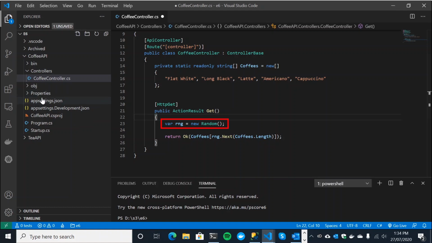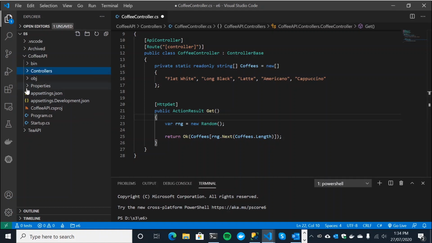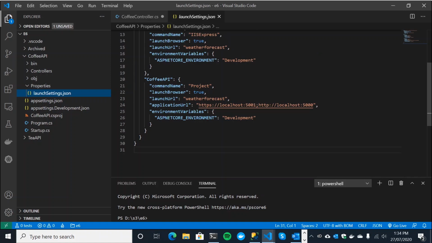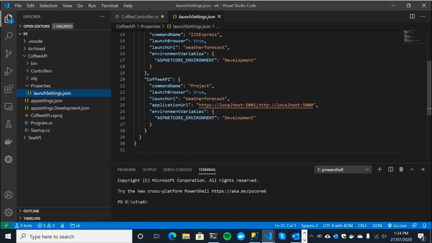So if we come over to Properties and look at launchSettings.json, again, we're going to be putting these in Docker, so this doesn't really matter, but for the moment we'll run it up locally, natively. It's going to start with HTTPS on 5001 and HTTP on 5000.